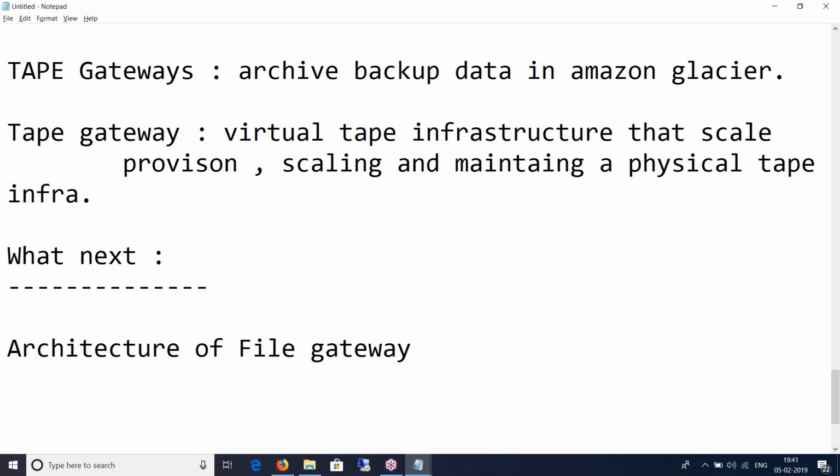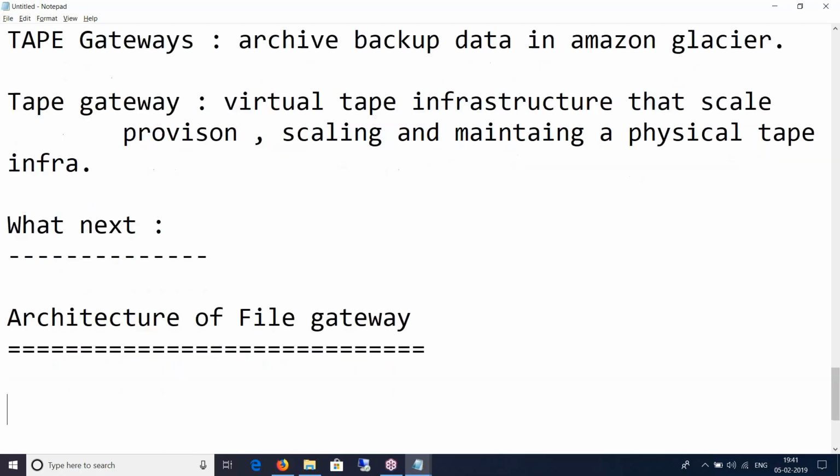Architecture of file gateway. Hey, Senthil, just sent a hi there. Hi, you got a question? Yeah, I just joined today and I missed the session yesterday also. So I thought if I can discuss everything later. Yeah, sure. Welcome to the session. We are just focusing on the advanced concepts of AWS. All the sessions are recorded. The notes that I'm making will be uploaded to a common Google Drive, and you will have the Google Drive link in the chat that Paul shared a few minutes ago.